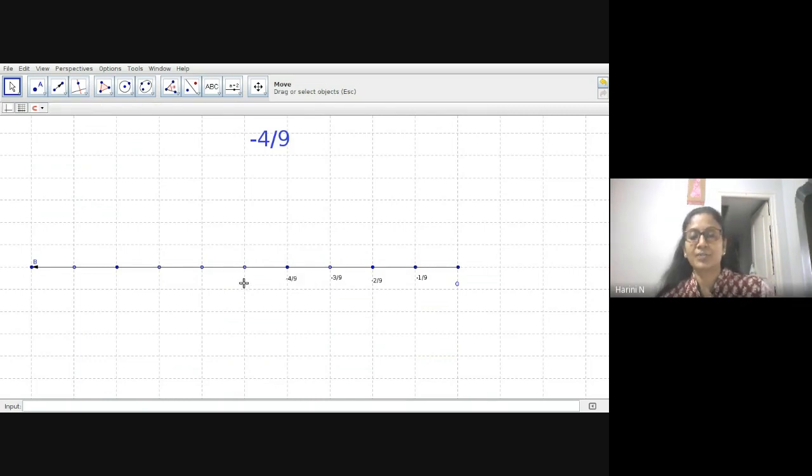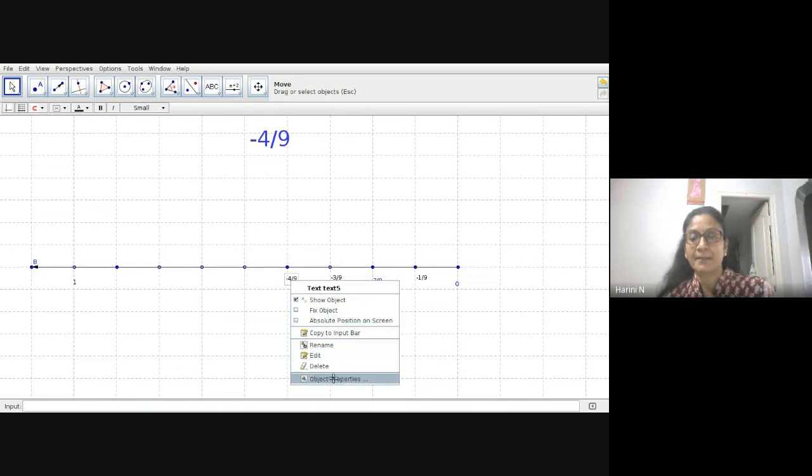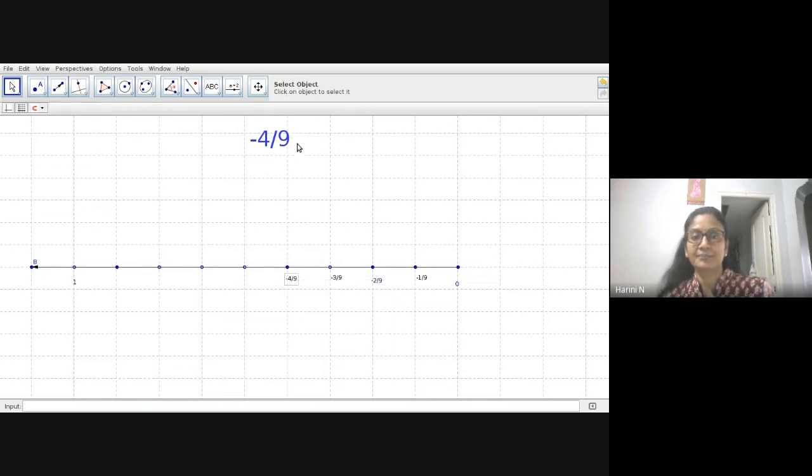Then you can continue negative 5 by 9, negative 6 by 9, negative 7 by 9, negative 8 by 9, negative 9 by 9 will automatically become your 1. You know that is going to be your 1. So you can mark that as 1 there first. You can fill all the remaining. I hope you have understood. So this is the one that I have to enlarge, right? So I'll give that a different color maybe so that you know that is your rational that you have represented.